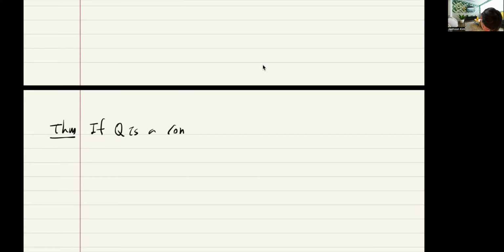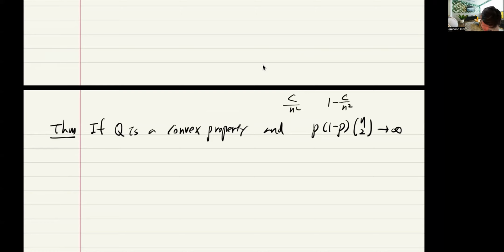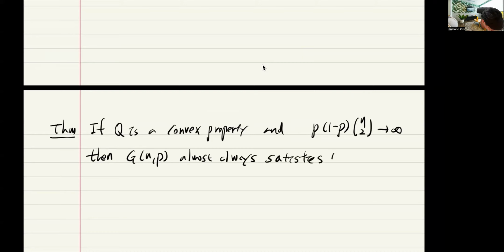If Q is a convex property, and p satisfies that essentially it's not smaller than some large constant times 1 over n squared, or not bigger than 1 minus 1 over a large constant times n squared, so those are the too small p and too large p cases, except those cases, then G(n,p) almost always satisfies Q if and only if